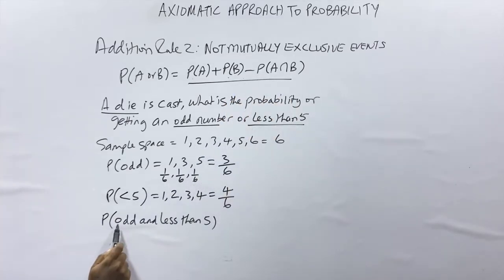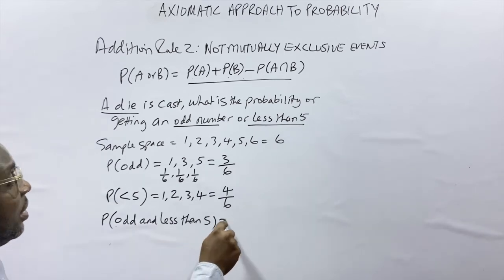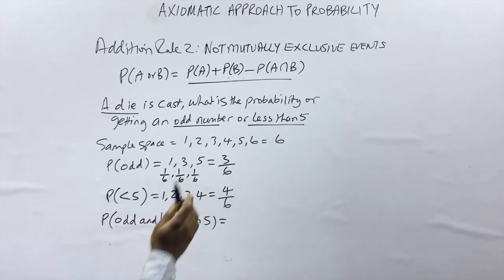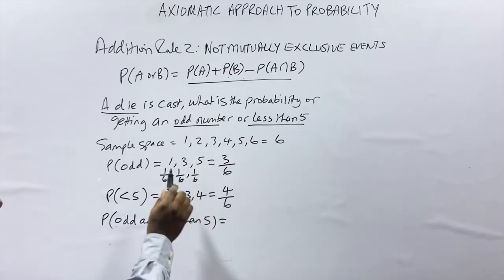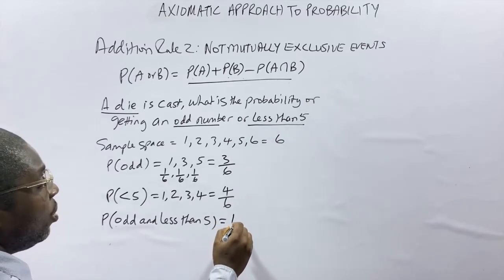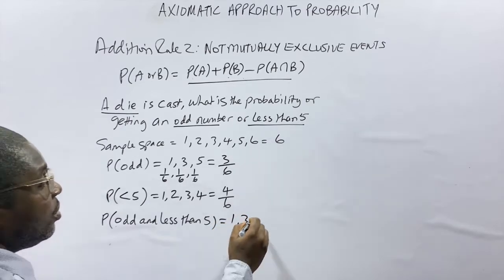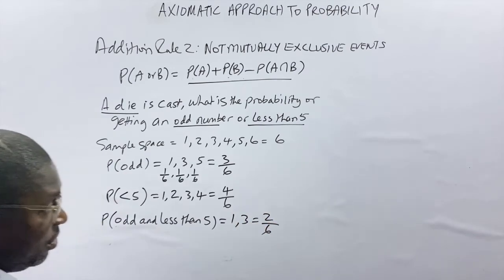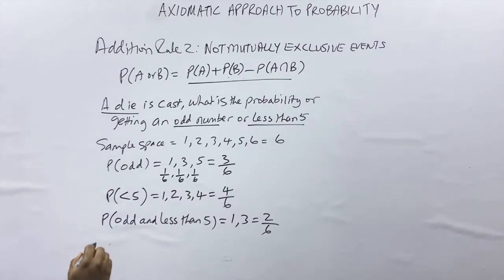So the probability of being odd and the probability of less than 5 give us how many options? Now, less than 5 and odd. What are we left with? We're left with 1 and 3. 1 and 3 gives us what? 2. So it's either 1 or it's 3. So that gives us 2 all over 6. So that means that to get the probability of odd